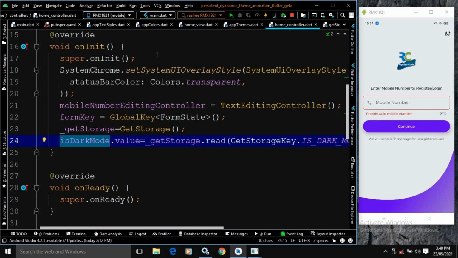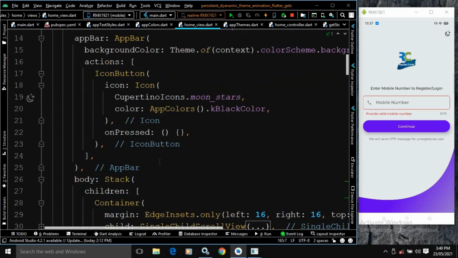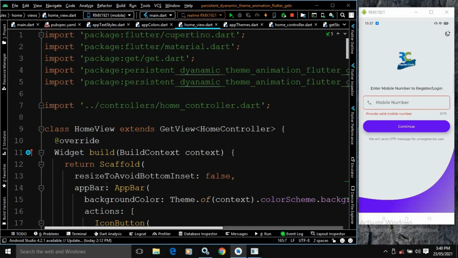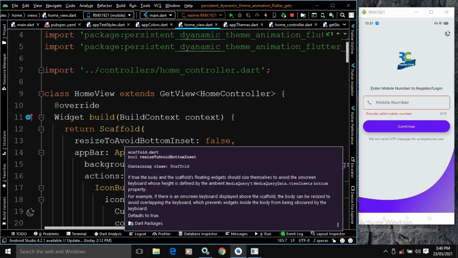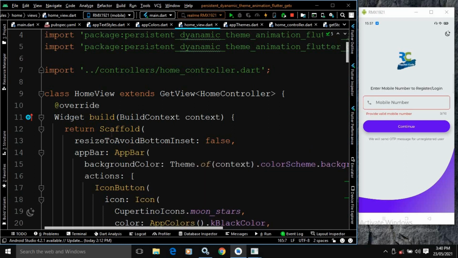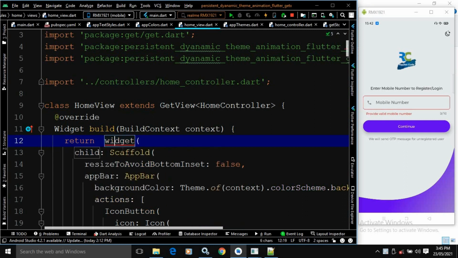Now after that I will move to the home view part. In the home view part, I will wrap this scaffold inside another widget called ThemeSwitchingArea to make the animation. So here I will wrap it with a widget known as ThemeSwitchingArea, okay.